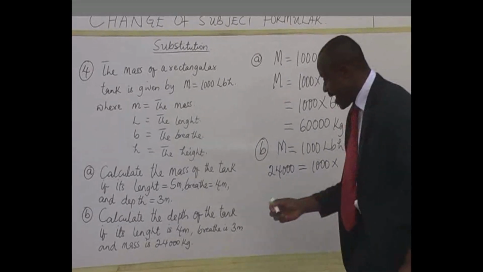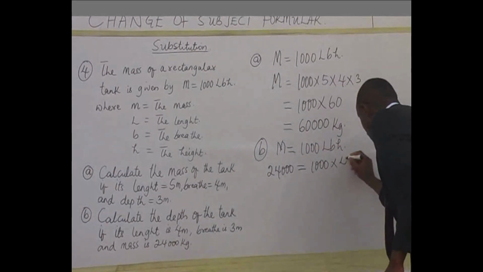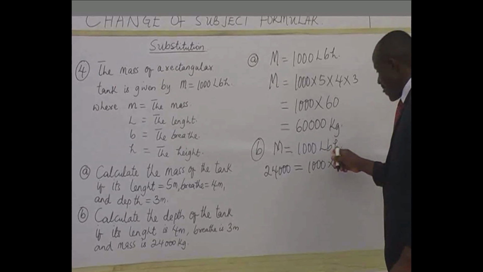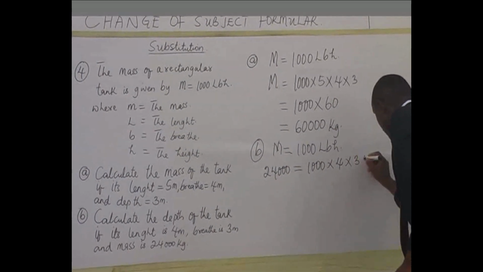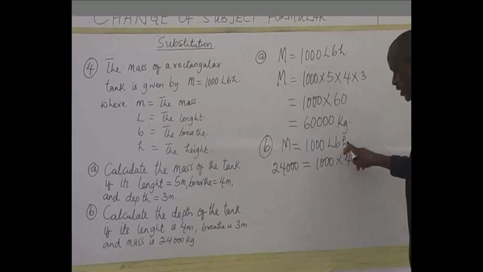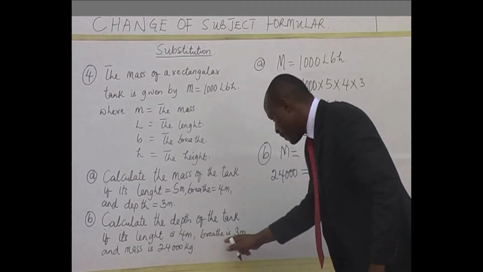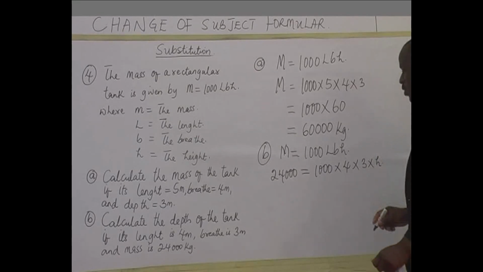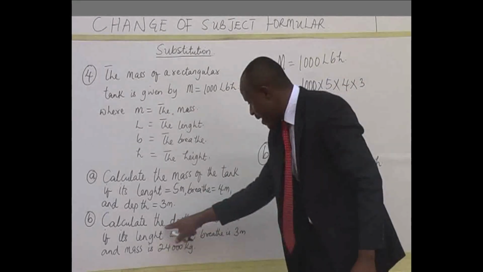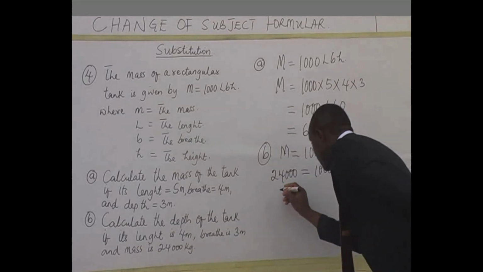times the length there is 4. So use 4 to substitute L. The breadth is given to be 3. Use 3 to substitute B. Then the last but not the least, H, which is the depth, is what the question is asking for. Remember, it said calculate the depth. So that depth is represented by H. Go ahead, you have